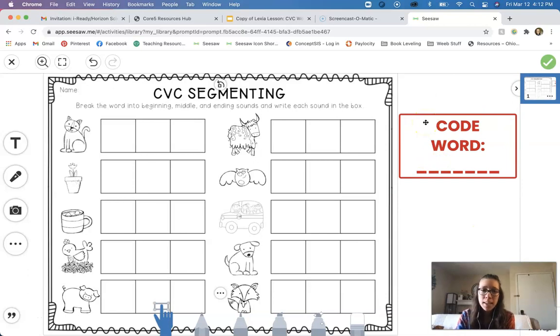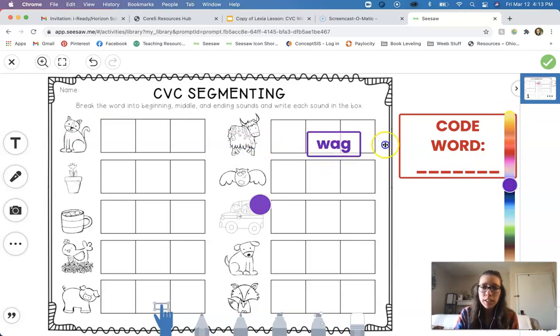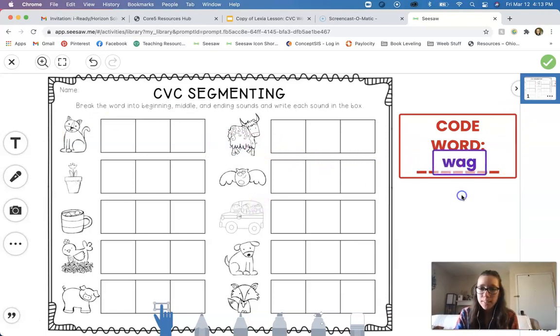Our code word today is going to be the word wag, just like we had in that last example there. So what we're going to do is use the text tool or the drawing tool to type or write the word wag and put it over here in our code word box. Then you're going to come on over to our pictures here and sound out each of these CVC words. So here we have a picture of a cat,